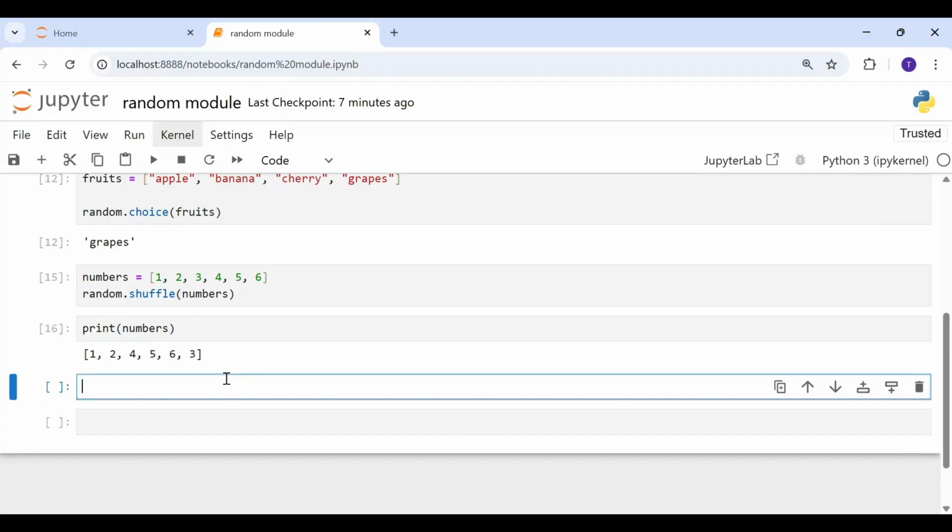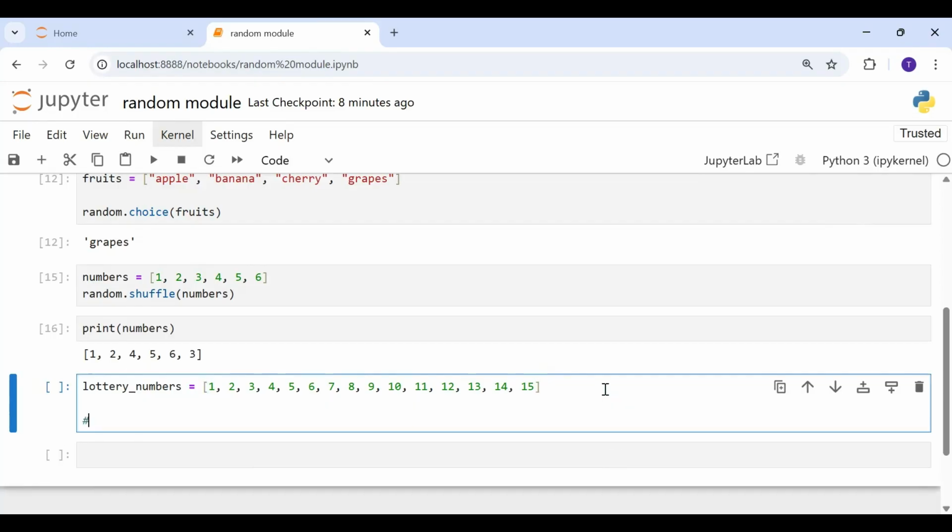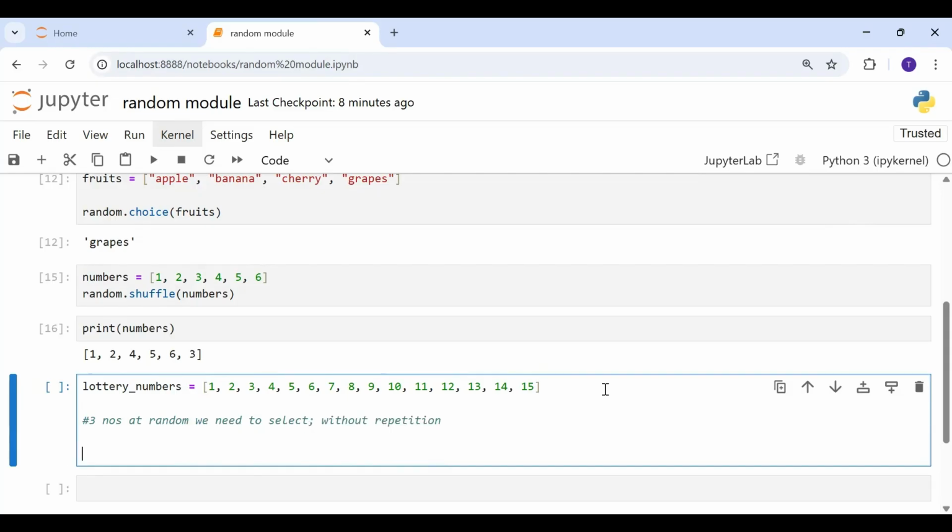Randomly shuffled, if I do it again, this time you would see the order of the items would be different. Now let's say we have some lottery numbers and we have three lottery winners. So we basically have to pick three numbers at random from this lottery_numbers list. These numbers have to be selected without repetition. For that, we have a function called sample.